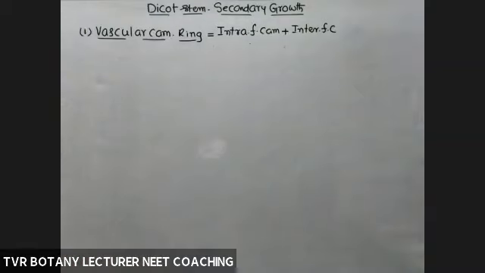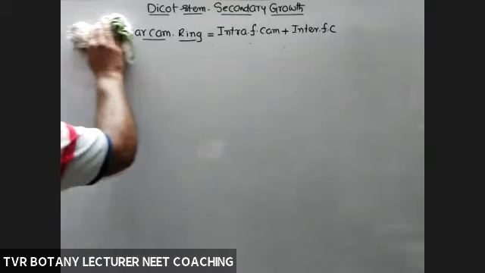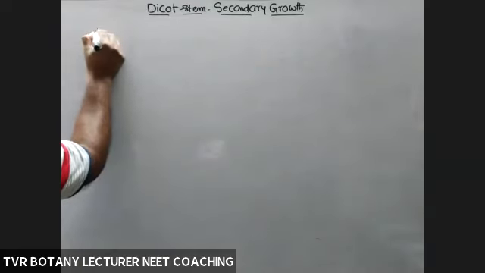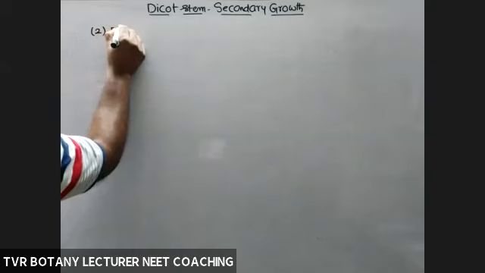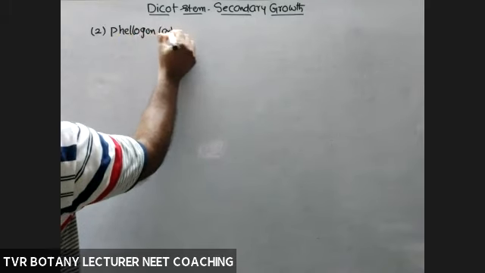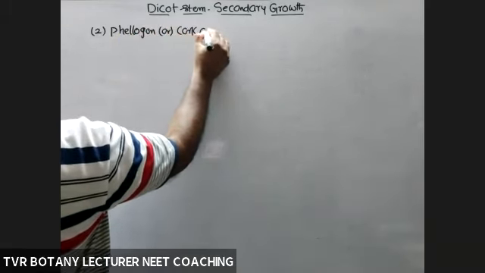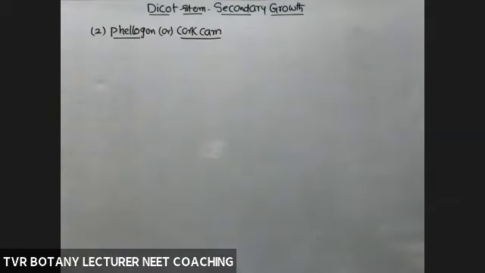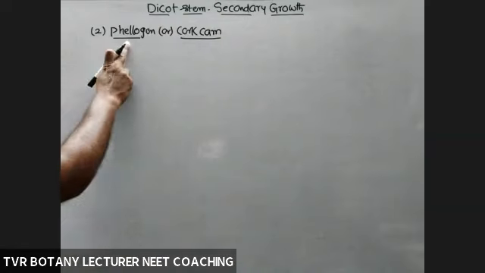Now, the second one. The first formed one is the vascular cambial ring. One more cambial ring is required. What is that? The second one, well known to you, is phellogen or cork cambium. You can answer any question possible on the vascular cambial ring, but if a question is framed on phellogen and cork cambium, definitely you'll get confused.